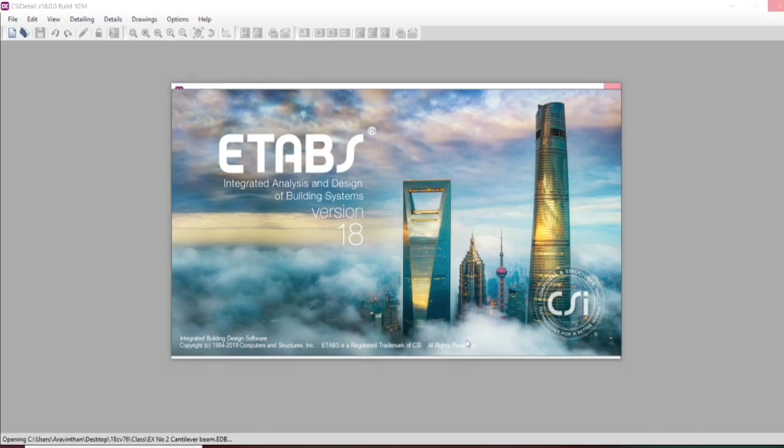It will automatically take the notes, loading cases, the design result, etc. It will take those details and produce the detailing.